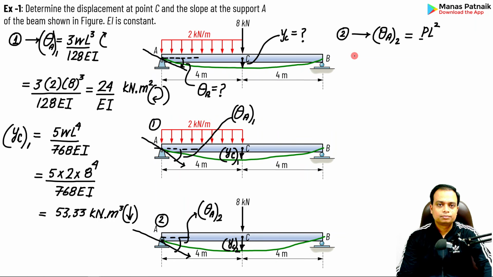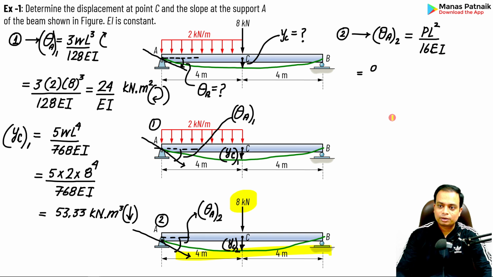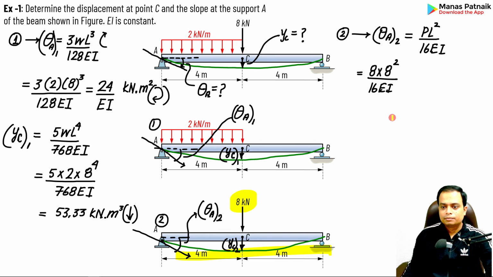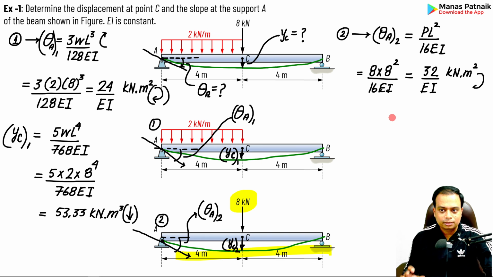Okay, what is P? So P here is 8. So you have to plug in 8. What is L? L is 4 plus 4, that is 8. So 8 times 8 squared. Let me write it down and let us simplify this. This is what you get. That's the slope